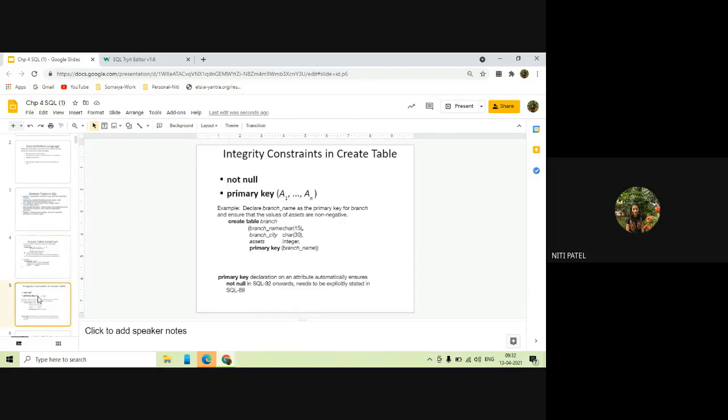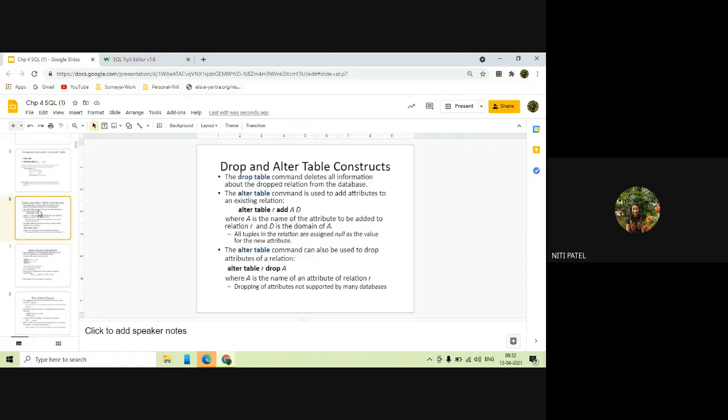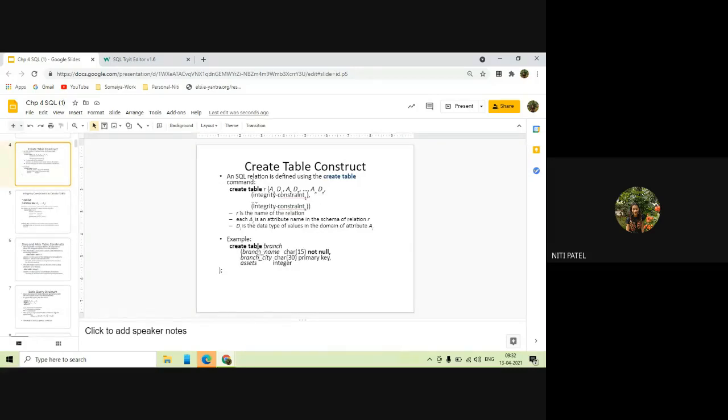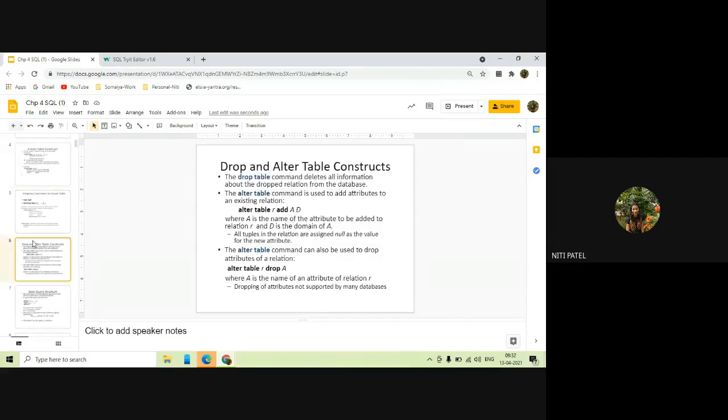Okay. So now in our current execution, we will not add primary key and not null for now. Again, when we study the constraints in more detail, we will add them at that time. So just remember how it is supposed to be added. In the same way, we are going to add more such constraints to our table. Is this clear up till here? How to create a table and how to add an integrity constraint to it? Yes, ma'am.